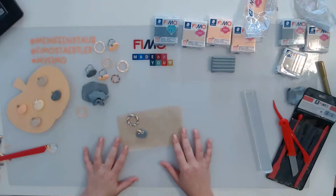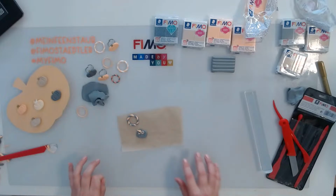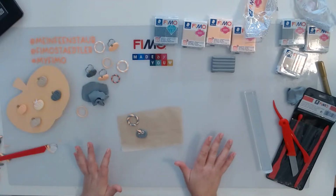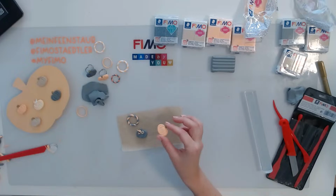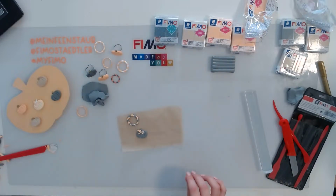You need to preheat it. That's super important so you get the temperature right. Because if you leave the FIMO in the oven for too long, the color will be really unpleasant and will look burnt, and that's really not good. And if it's in the oven for only a very little time, it won't get hard. So in order to get a really nice, durable result, it needs to go in the oven for 30 minutes